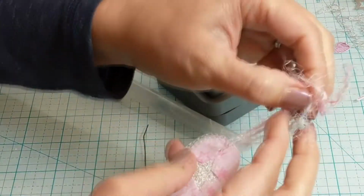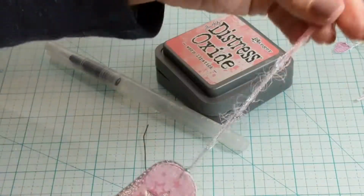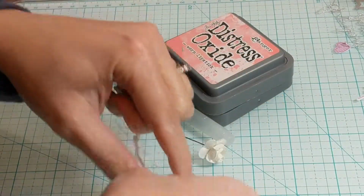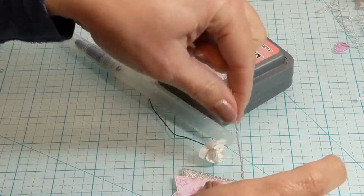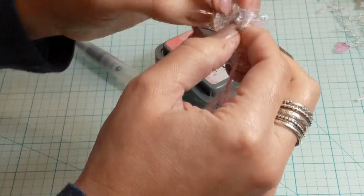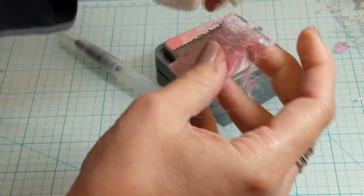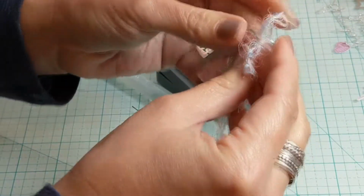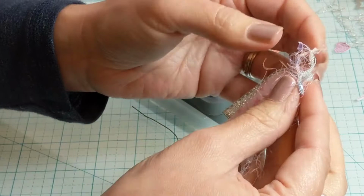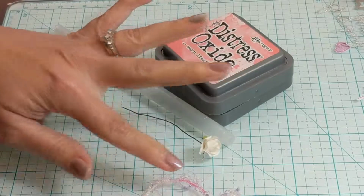So I decided, okay, I'm going to add some embellishments now. And this will be one of them. I think I'm going to tie this into a bow. And this is just, it's known as eyelash yarn. And it's very, very soft, and it has all those pretty rainbow colors in it, so I think it'll fit in quite nicely. In fact, I may even, well, I don't know. I'm not sure how far I'm going to go with the card in terms of embellishments, but we'll start somewhere